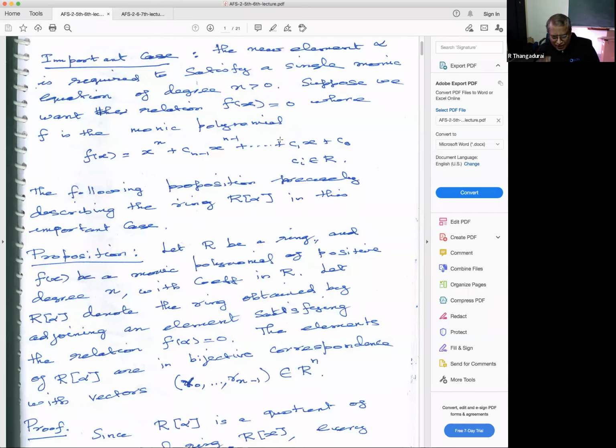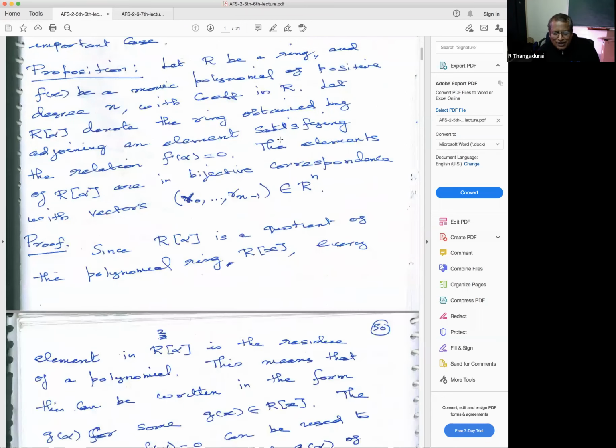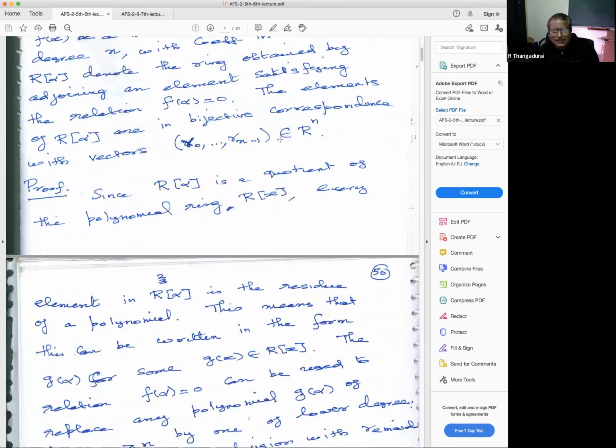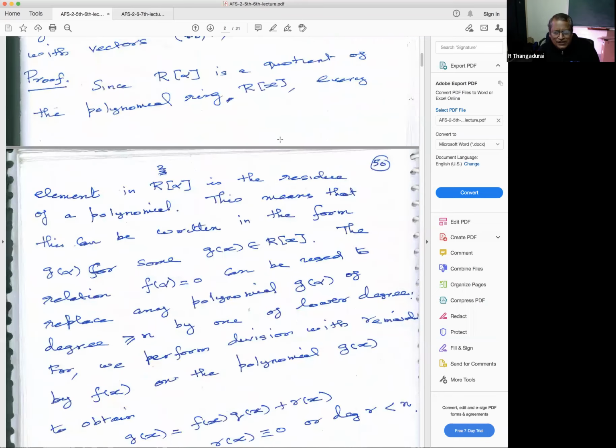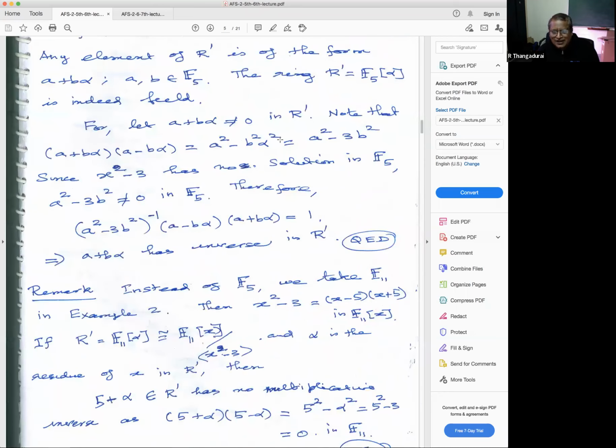So suppose we adjoin the inverse of that element, we get a new ring. We are hopeful to get a field, because by adjoining all the inverses of the ring R, we hope to get a field. Ring to field. But the point is there are some elements creating a problem. Those elements are called zero divisors. That we saw last class. When we attach them, then the trouble comes.